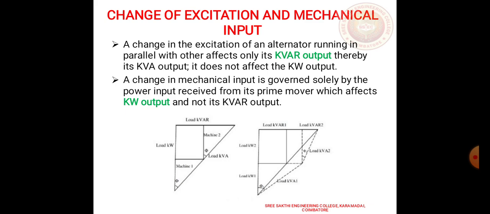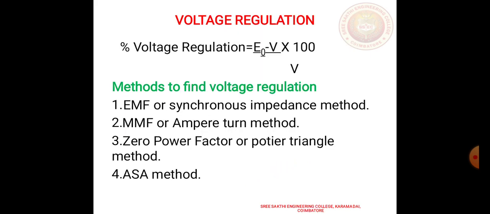And the last topic is about voltage regulation, which is defined as the difference between no load voltage and full load voltage to the full load voltage, and this is computed by 4 methods, which is given below. First one is EMF method, second one is MMF method, third one is Potier triangle method, and fourth one is ASA method. We can see all these 4 methods